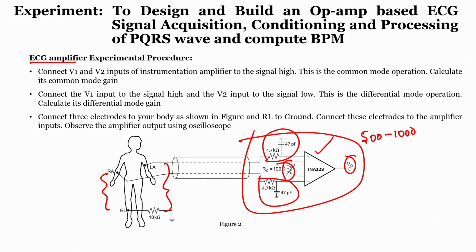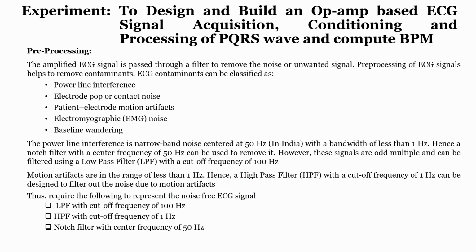In this experiment, this particular block we will take to the last. Once we finish all the filtering circuits and other parts of our logic, we will come back to the instrumentation amplifier, check the difference between the instrumentation amplifier and the differential amplifier, and then interface it. Then we will go to the next one, which is nothing but our pre-processing.